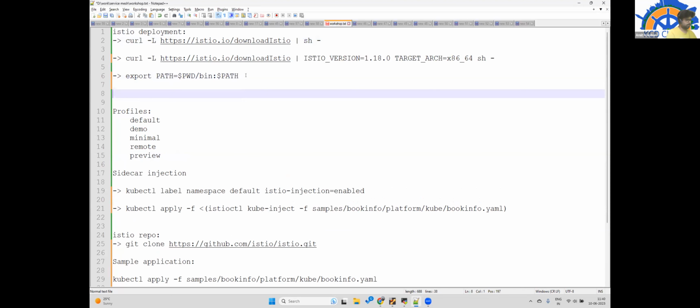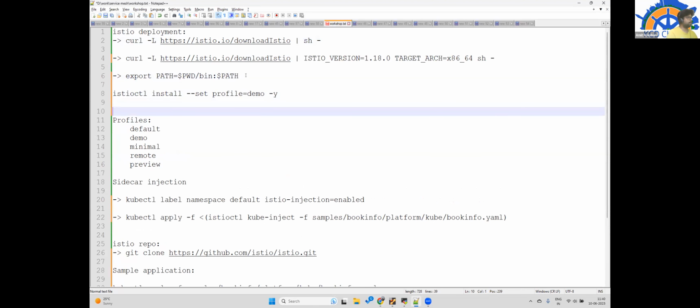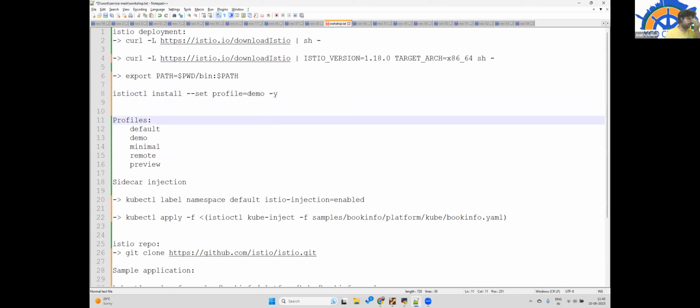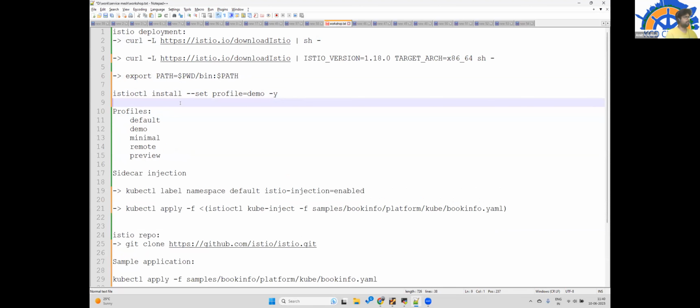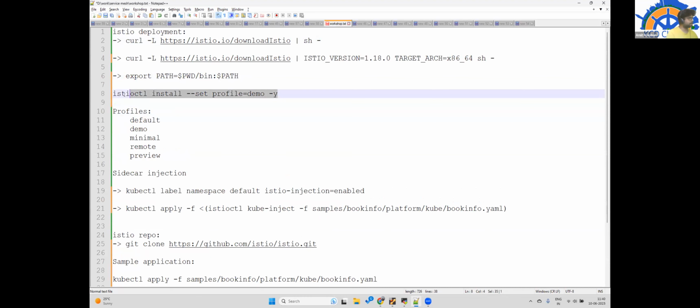So this is the command we have, istioctl install, and this is the profile setting part. I've set this profile for demo purposes, so that it will be easy for a basic set of deployment to get done and show the demo. So I'll just run this command.